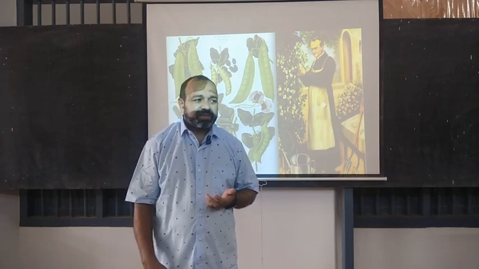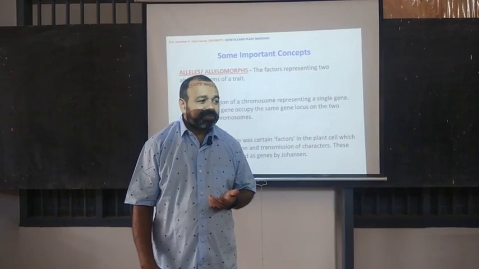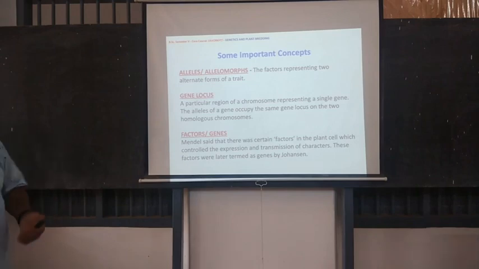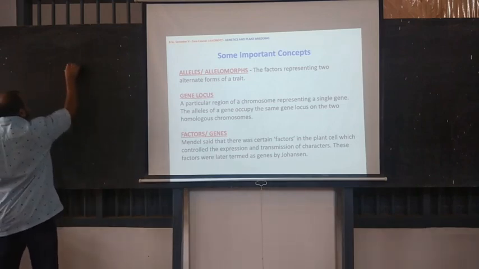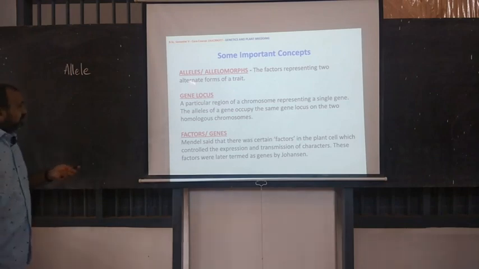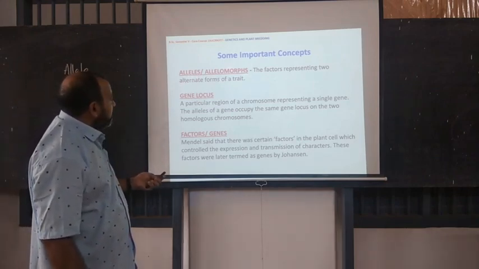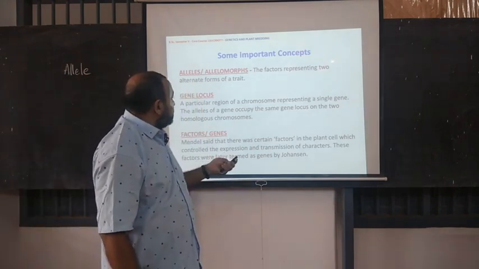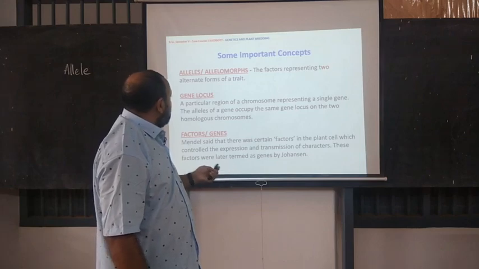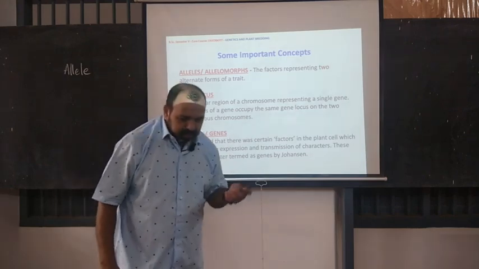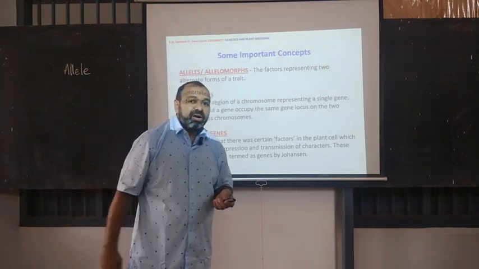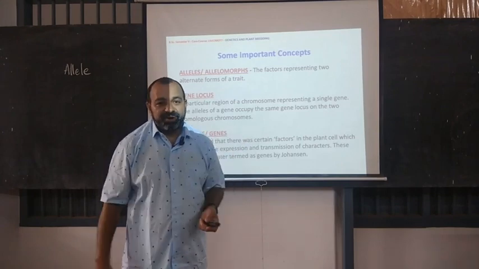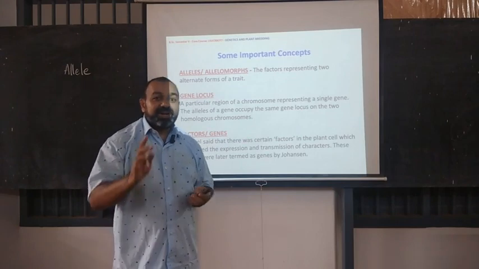And today let us see some important key concepts in genetics. First one is called allele or allelomorph. Okay, we get to spell alleles or allelomorphs. So they are actually the factors representing 2 alternative forms of a trait. So they are the alternative forms, as the 2 sides of the leaf, or 2 sides of the same coin. Okay, they are called alleles